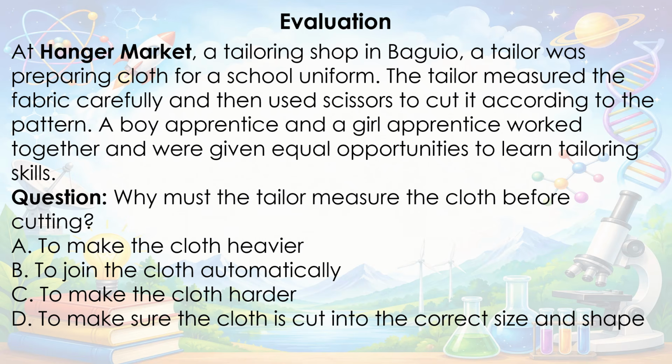Before answering your playground activity, remember our strategy. Number 1, read the question carefully. Number 2, look for clues about what happened to the material. Number 3, identify the process involved. Ask yourself, was the material shaped? Was it pressed? Was it hammered? Were materials joined together? Was the material cut?